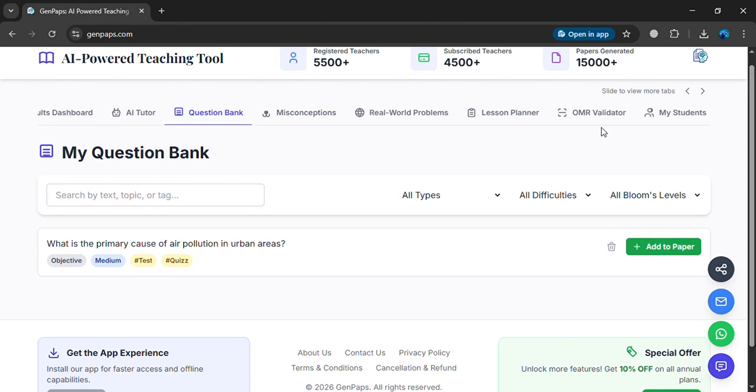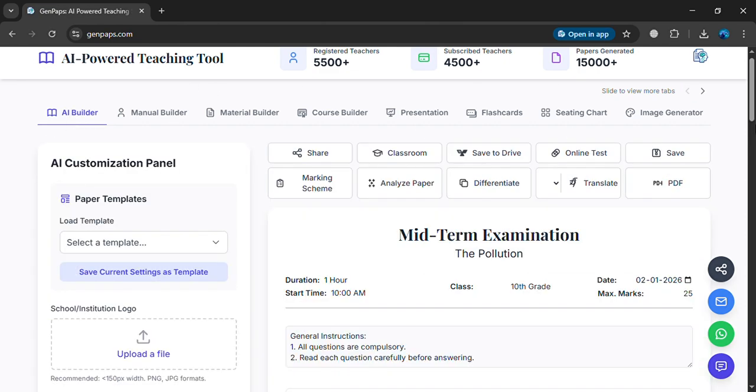Or if you want to save the whole question paper, you can see that there are 10 controls above the question paper preview window, and there is an option save, and below this save button there is one more button, PDF. So don't get confused about save and PDF. This save button will save your generated question paper in your history, so that next time you can use the same question paper